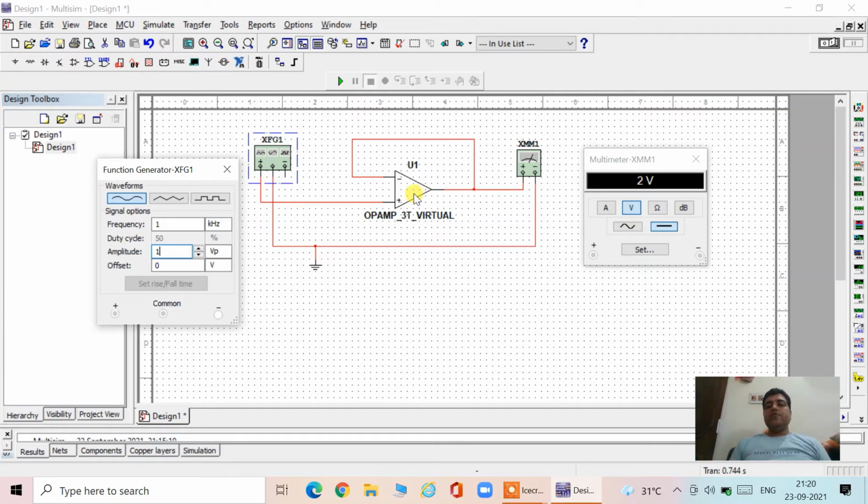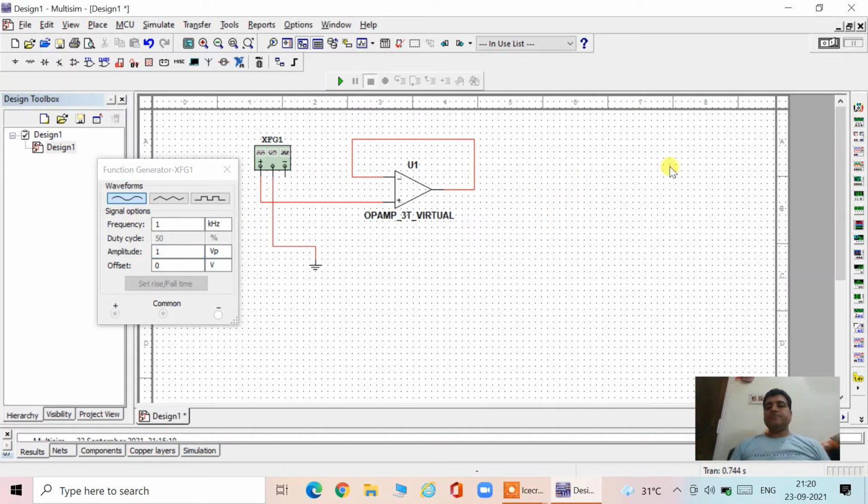Now when we are applying an AC signal, we need an oscilloscope to see the output. So I am deleting the multimeter. Now I am taking the oscilloscope, which is also known as CRO. Again it is a two channel one, as we have in the lab.